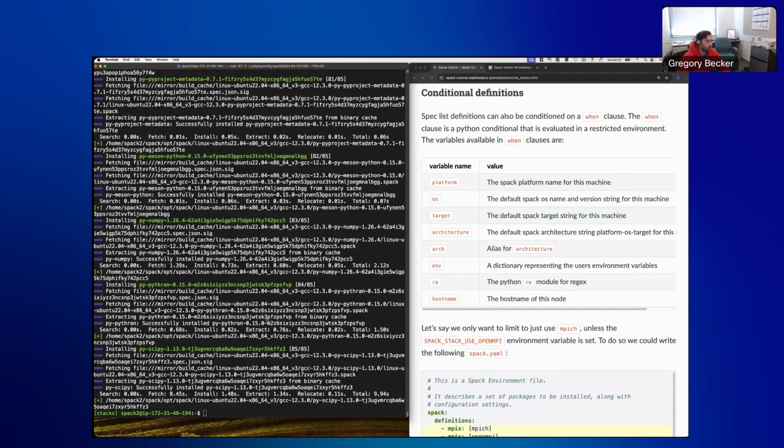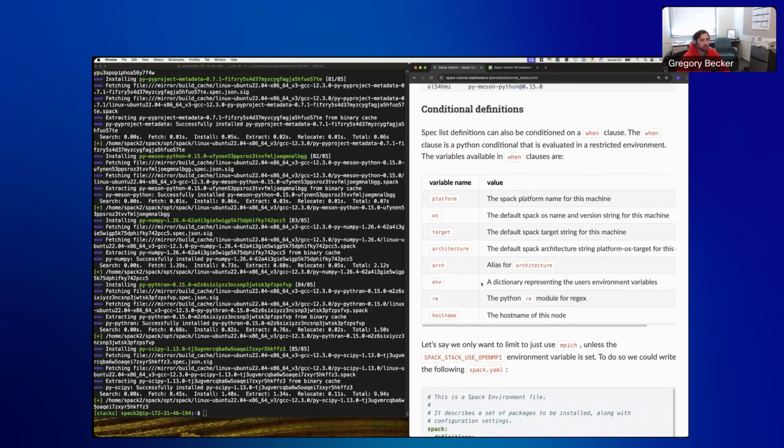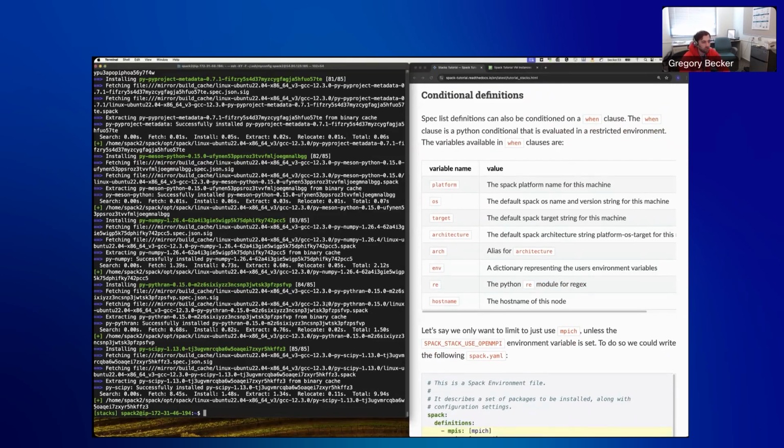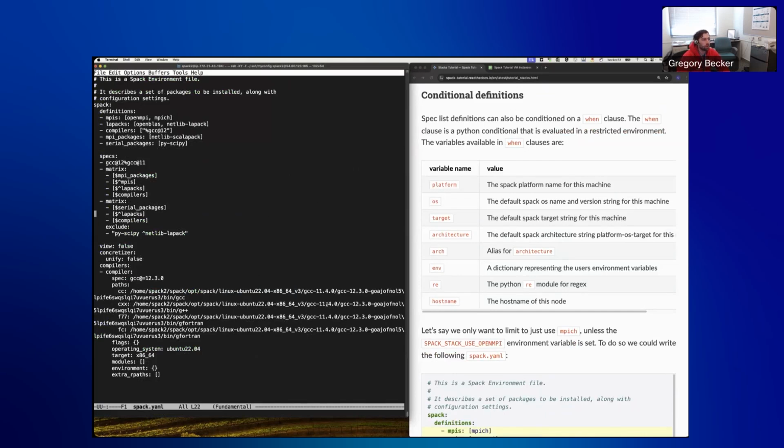All right, so we've got our environment installed. The next thing that I want to talk about is conditional definitions. So we come back here, right? All of these definitions are unconditional, but maybe we have conditional definitions. On some of my systems, I use GCC 12, and on others, I use GCC 13. On some of my systems, I use OpenMPI, and in some of my systems, I use MPICH. So we can have